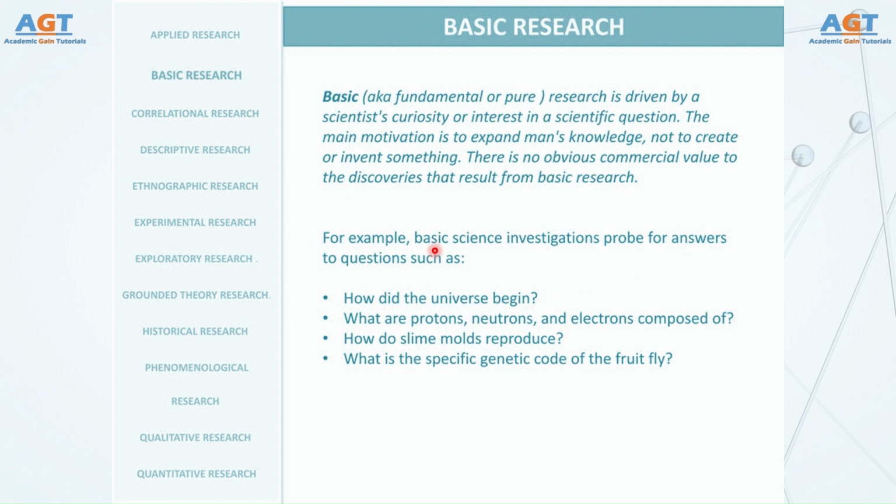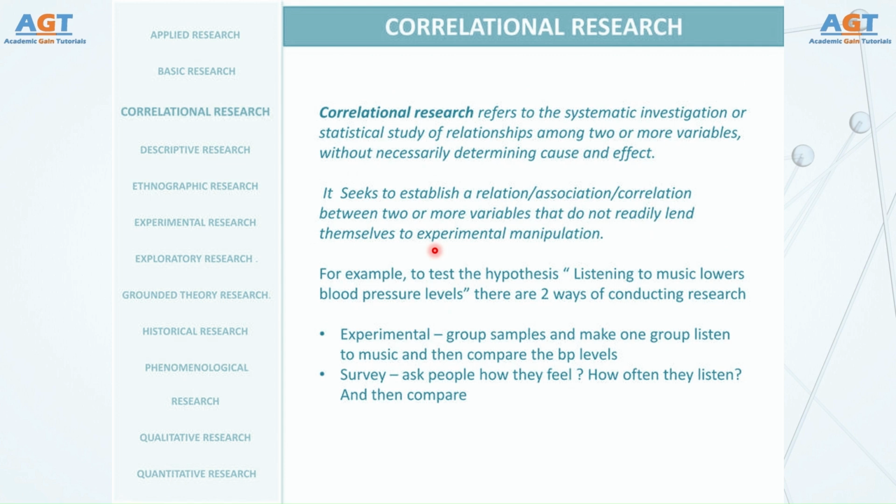Now that we've covered research by purpose, let's move into research by approach. Correlational research, meaning plus example. Correlational research studies the relationship between two or more variables. The key point is, it looks for association, but it does not automatically prove cause and effect.